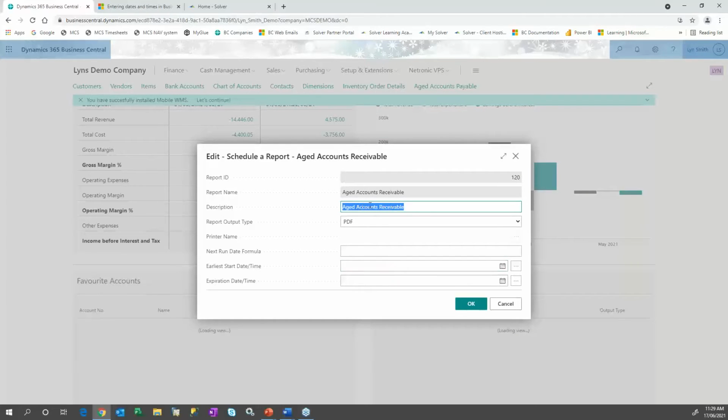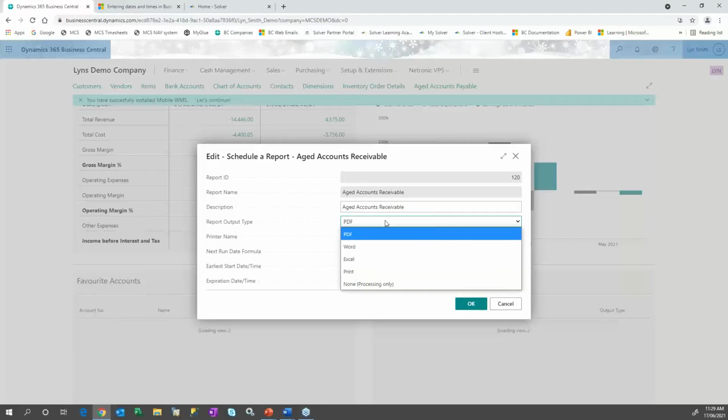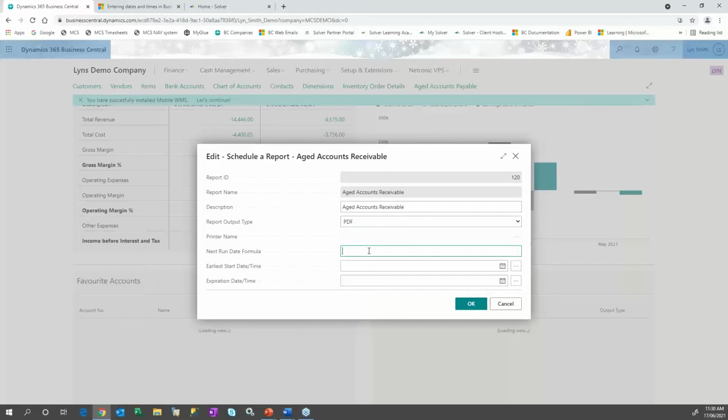So in this case, I've got my aged accounts receivable. What format? So I'm saying I just produce a PDF for me, or I could put it out to Word, Excel, or actually send it to a printer. In my case, I'm just going to leave it as a PDF. And then when do I want to run it? Now, I may want to run my